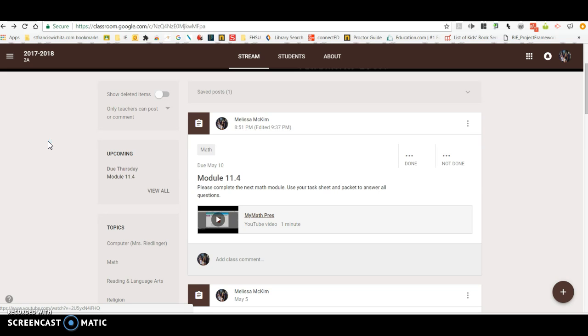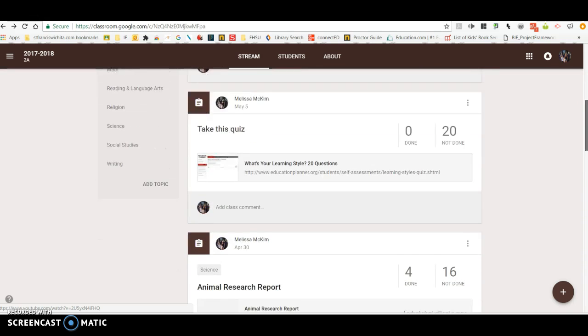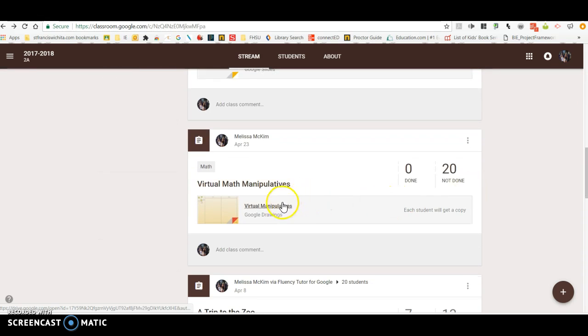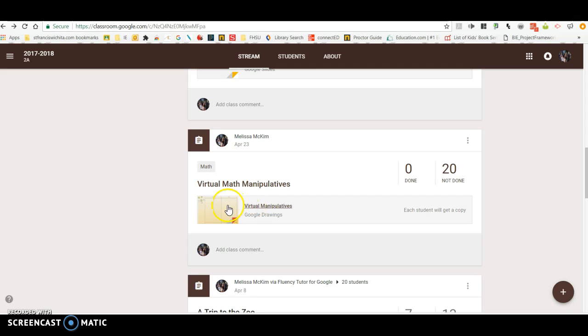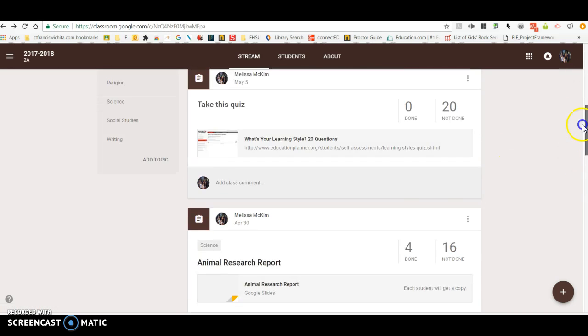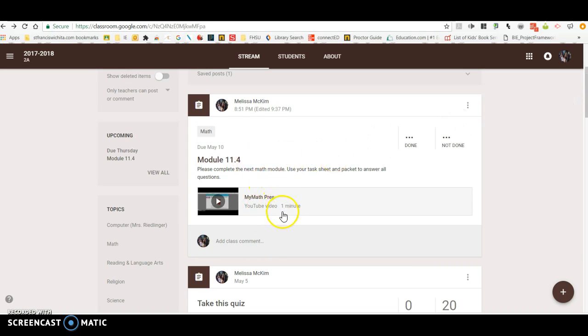So then next, another thing that they could do after they finished using that task sheet is using the app Seesaw, which we use in our classroom. They could show other ways to solve those problems and show their understanding. This is another way you could also incorporate those virtual manipulatives. Oh, I'm going to have to sign in again. Anyway, this is the virtual math manipulatives we did through Google Drawing. So I could throw that in there, and that could also be part of that module. Anything for that module could be placed within that section, and they would have to work through that. And of course, I would be explaining all of that to the teachers.